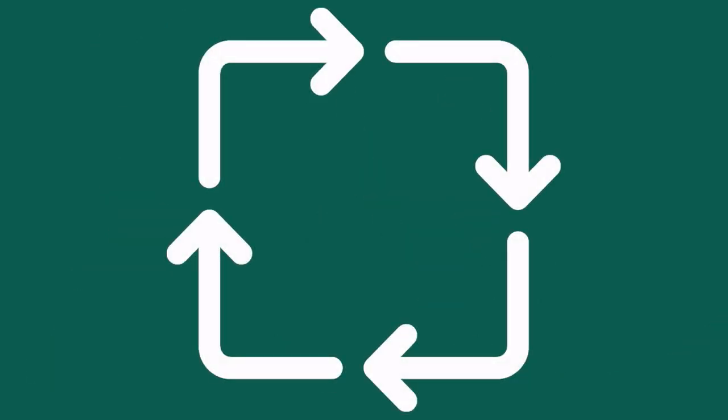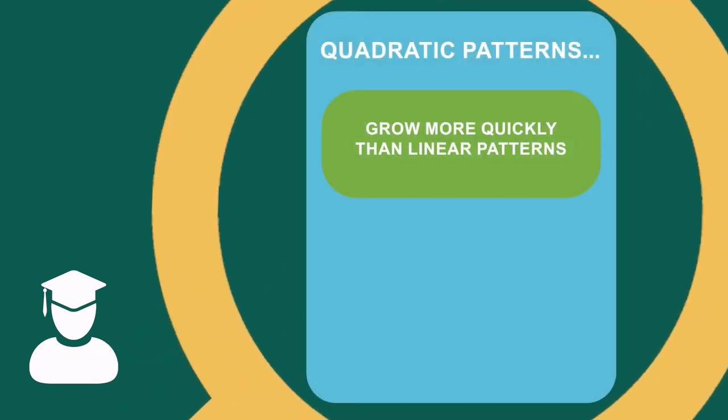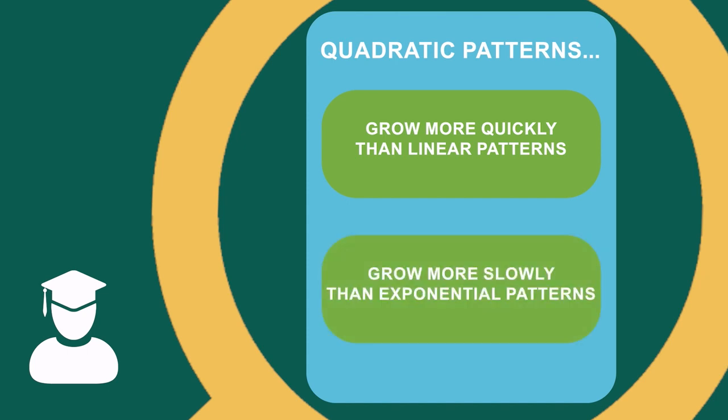The examples in Section A begin by specifically comparing the perimeter and area of rectangles. Then, students contrast this growth behavior with the linear and exponential growth patterns they investigated in Units 4 and 5. Further observations lead students to uncover that quadratic patterns grow more quickly than linear patterns, but more slowly than exponential